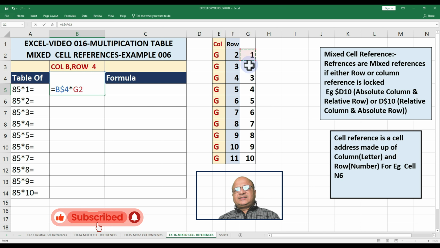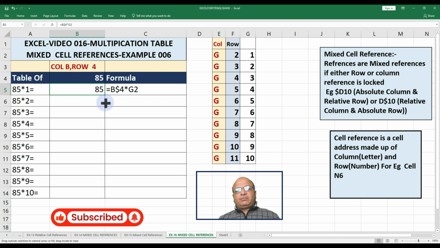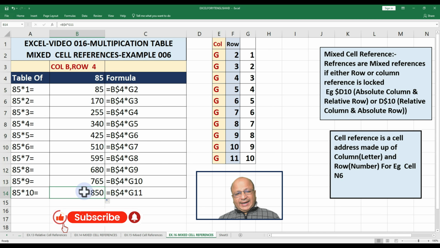Multiply by this. So number 1 is in the cell address G2. So same question to be asked, whether we want to pick up the value from G3 in the next cell, or we want the value to be picked up from the G2 cell. So we want the value to be picked up from the G3 cell in the next cell, because 2 is in the G3 cell. So control enter,